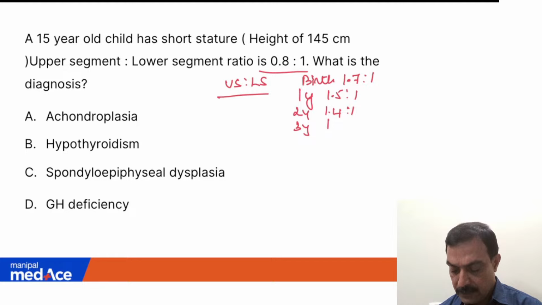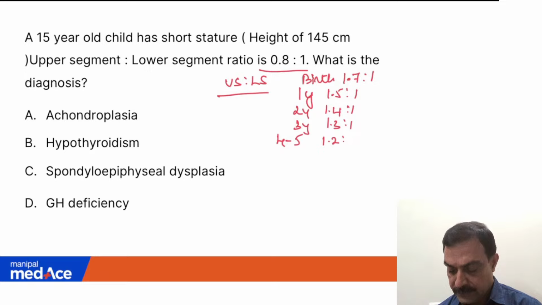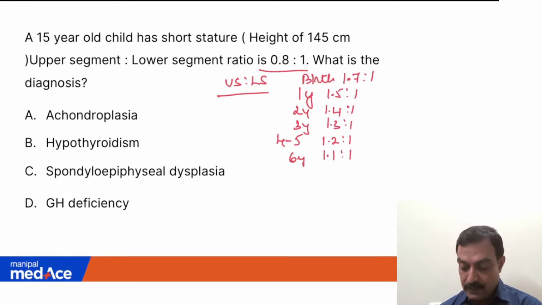At 3 years, it is 1.3 to 1. Around 4 to 5 years, it is around 1.2 versus 1. And around 6 years, it is around 1.1 versus 1,